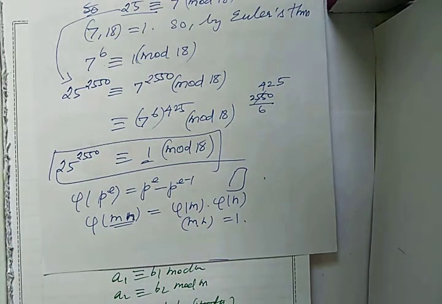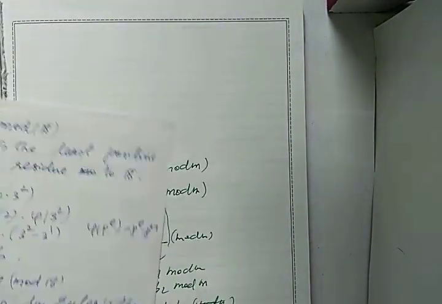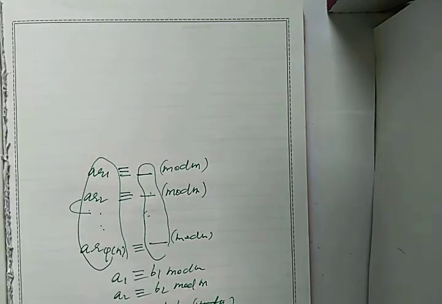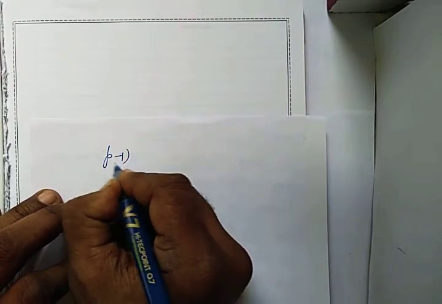So far we have seen 3 classical theorems, namely Wilson's theorem, Fermat's theorem and Euler's theorem. What is Wilson's theorem? Wilson's theorem says that p minus 1 factorial is congruent to minus 1